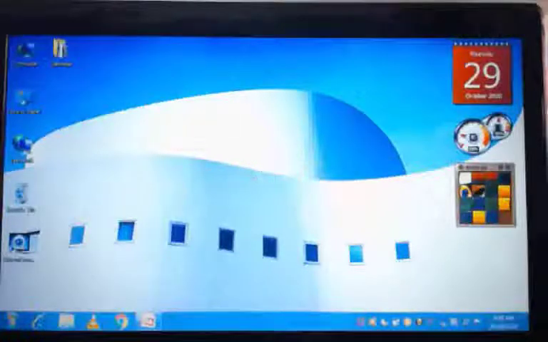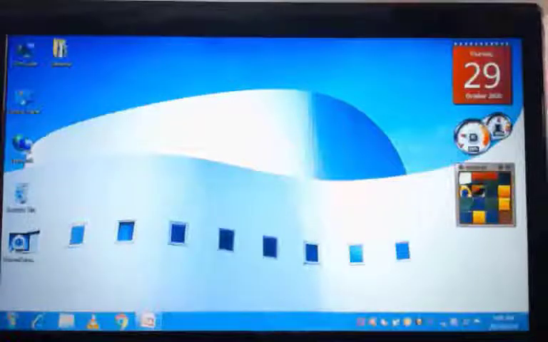So what is the desktop background? The background picture of the Windows desktop, this picture you can see, is called the desktop background. Then in the bottom left corner, you have the start button. The start button is located on the taskbar.